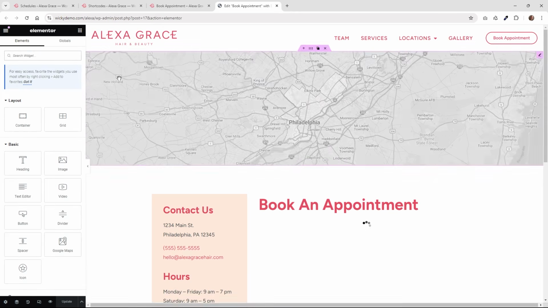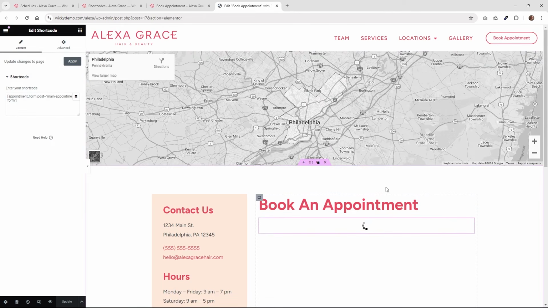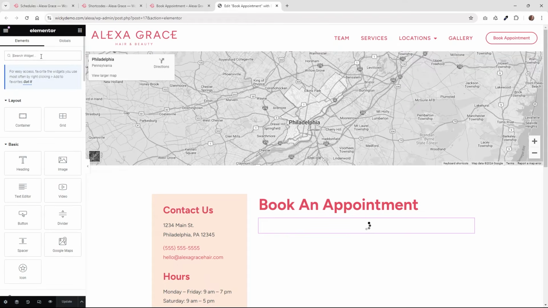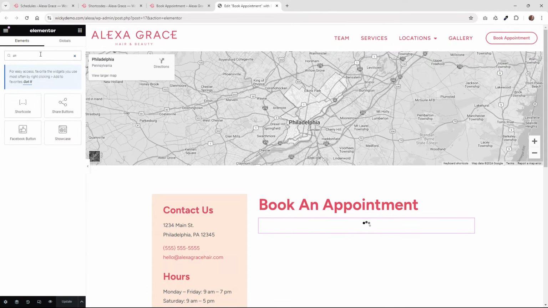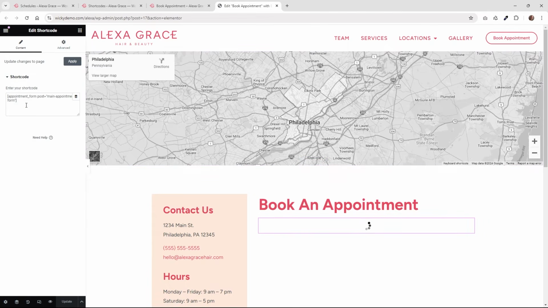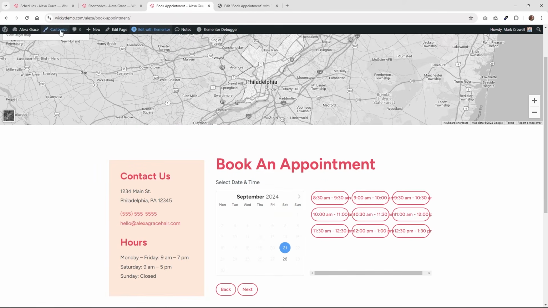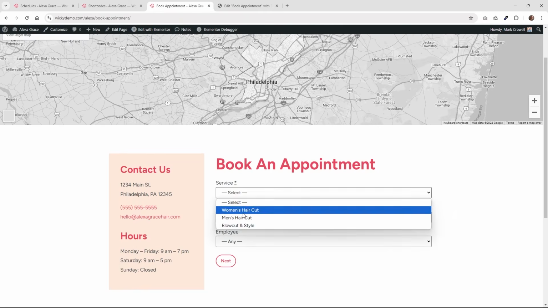And then wherever you want to put that booking form, you would just go ahead and add a shortcode widget. So just go to Elementor, just type in shortcode, and then just pull that in. And it's as easy as just pasting that in there. You can hit apply if you want, and then hit update. And that's it. So now when you go to the front end of the website, it's going to showcase that